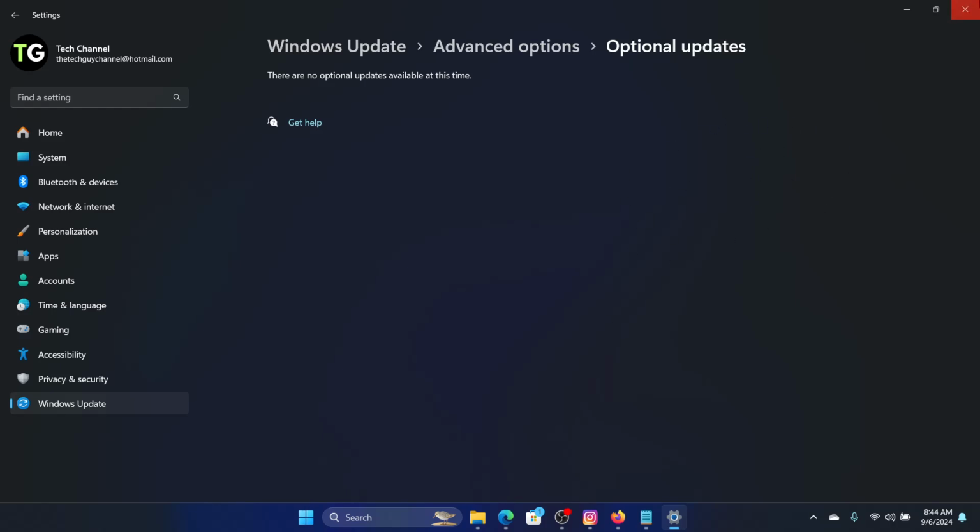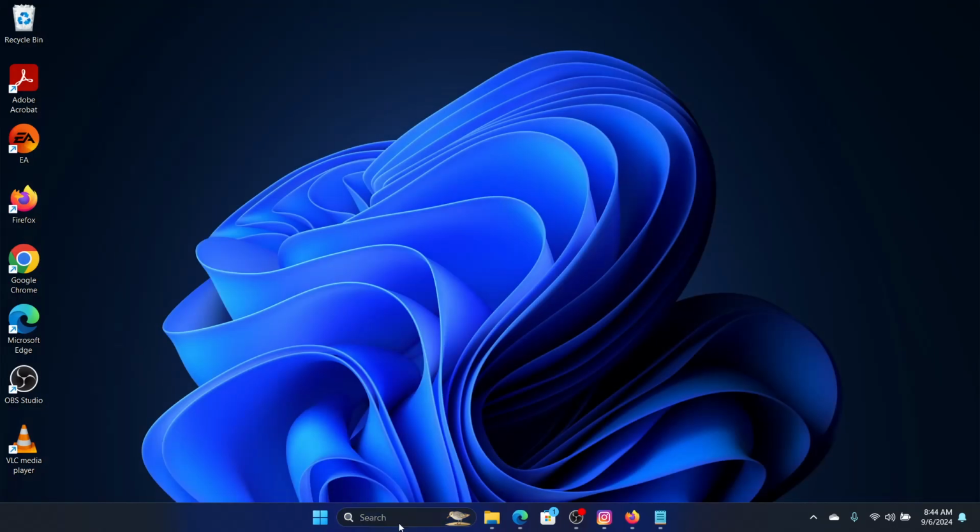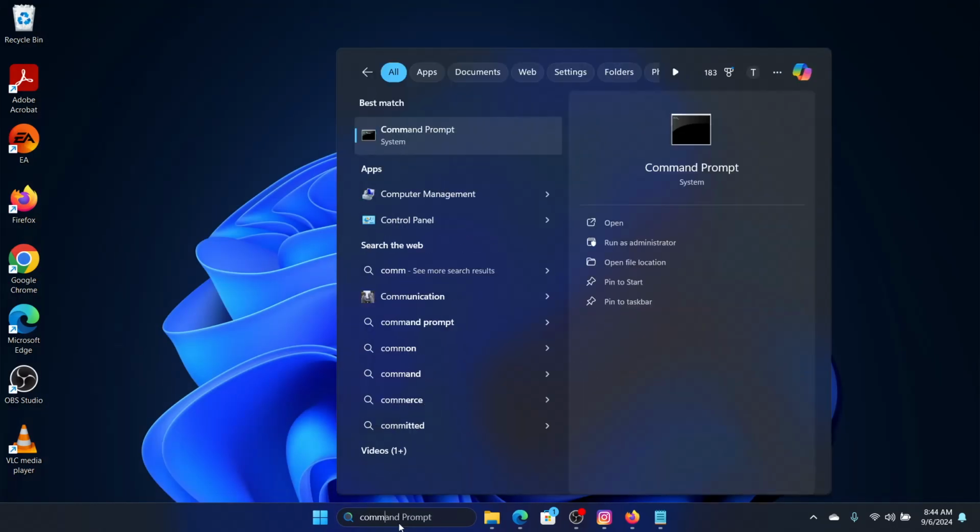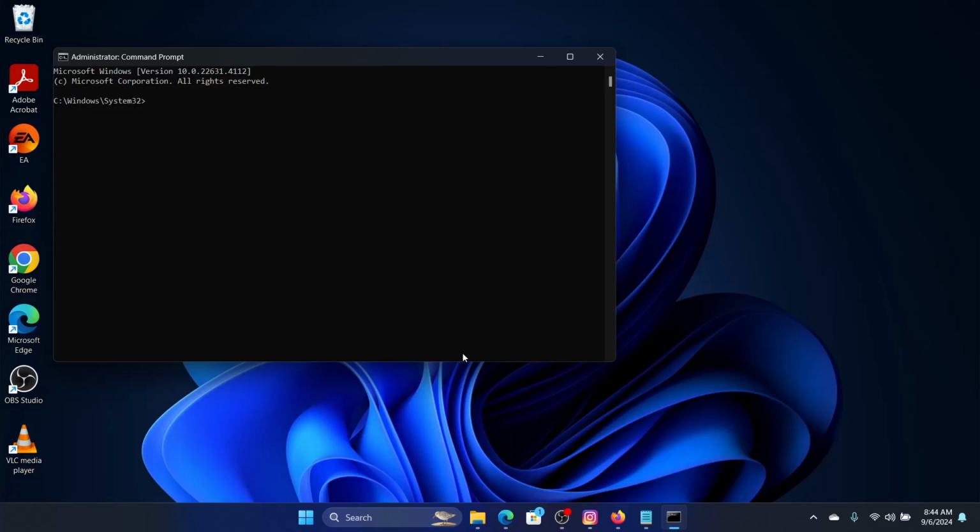are here. Second thing we need to do is run an SFC scan. So for that, we'll go to command prompt, right click on command prompt, click on run as admin, and then we will enter the command sfc space slash scannow and press enter. After the scan finishes scanning and repairing the computer, we will enter the command